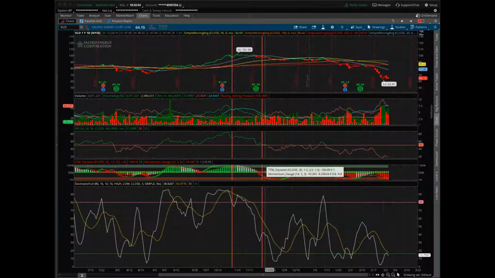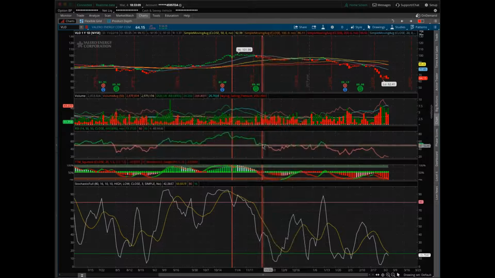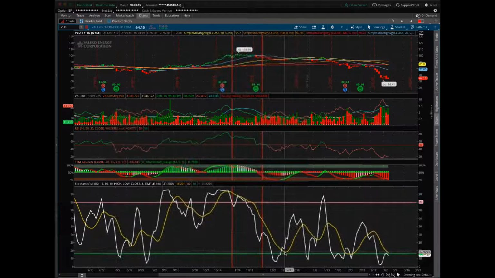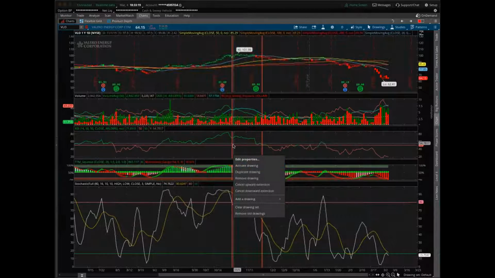And when we have that crossover, that is telling us that the trend is going to change or momentum is going to push in the direction that it's suggesting. So here it's saying momentum is going to push to the downside because we have our DMI red crossover, our RSI crossover, momentum's crossover, squeeze to the downside, and stochastics to the downside. Okay, now